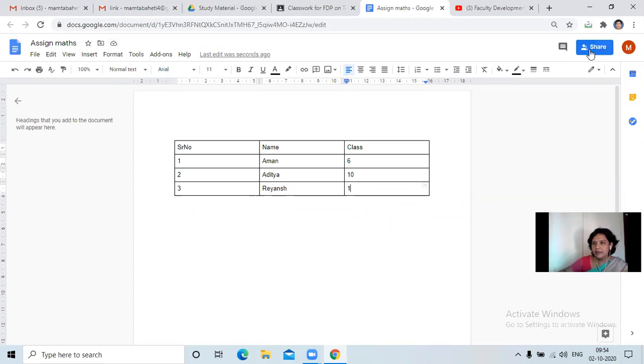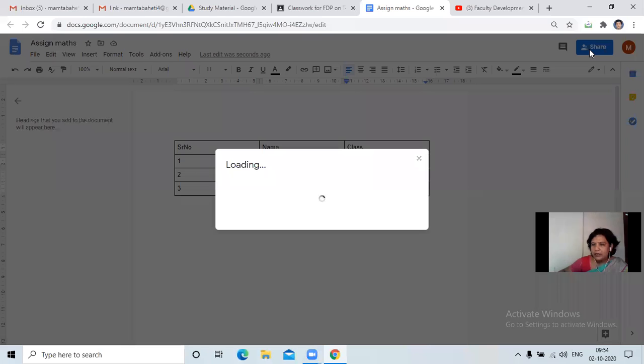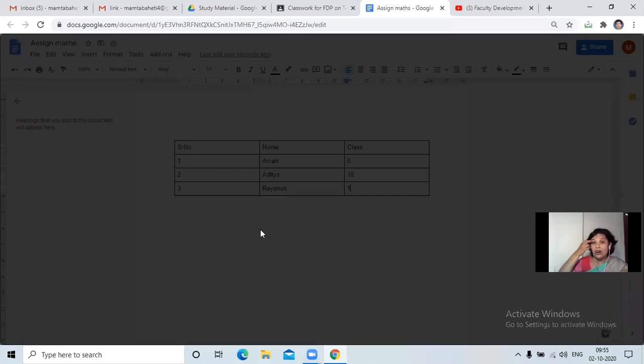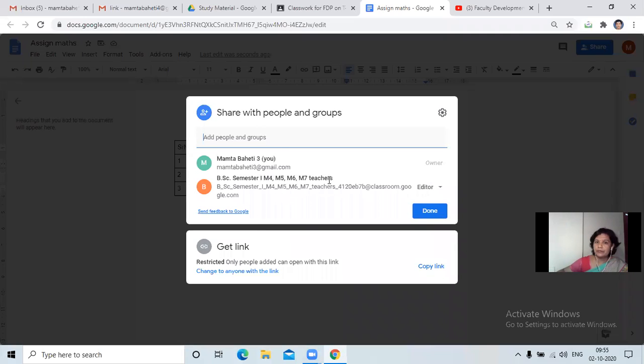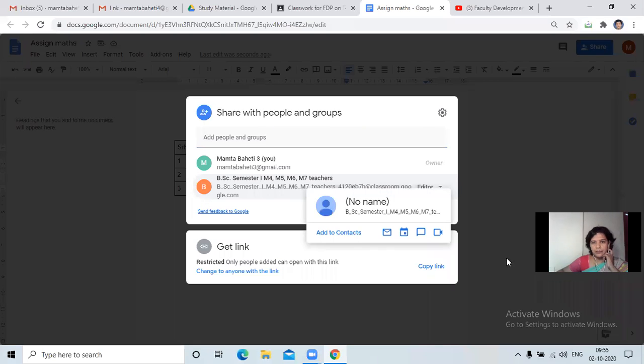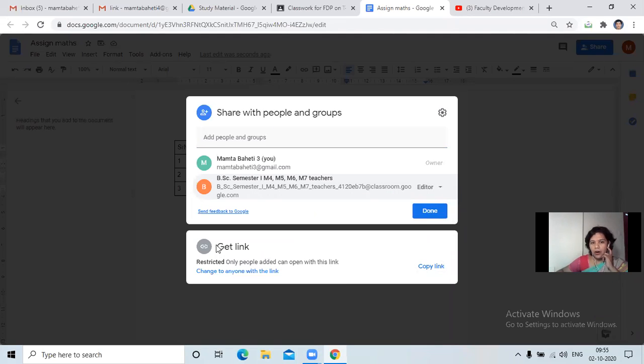Okay, if you want, you can share it to other person also, creating this online one, or directly you can post it. Or if you want to share it as a link, copy the link and you can work it on the add link option.